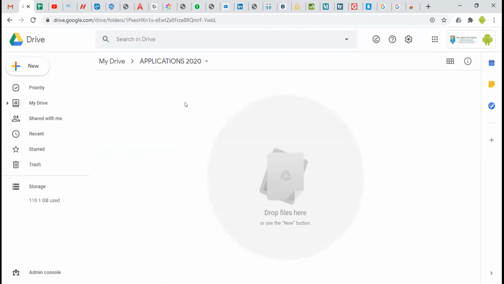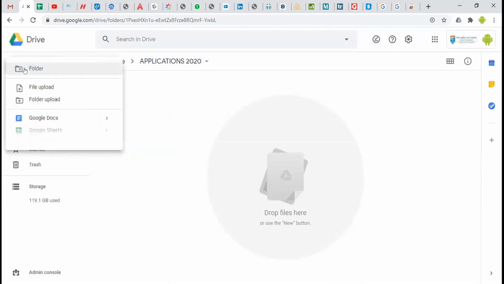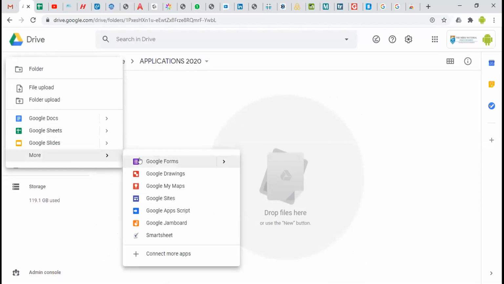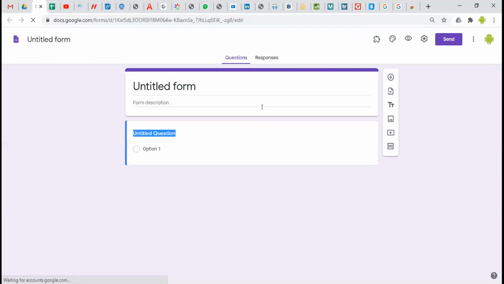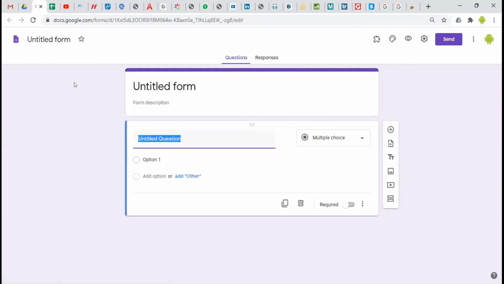So under this point, I want to create a form that is going to capture the applicant's details. So just go here. While I'm inside this folder, I go New. I say I want a Google Form. So I give it a name, for example, applications September 2020.